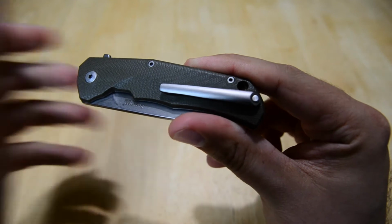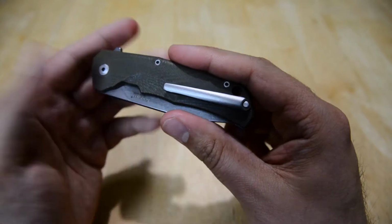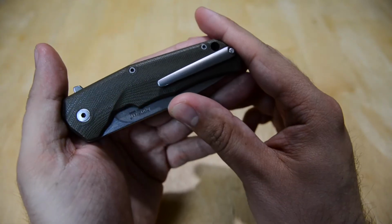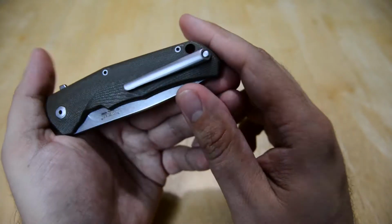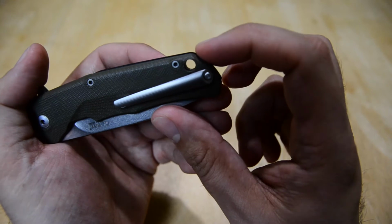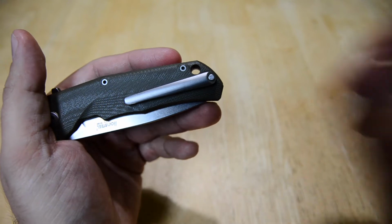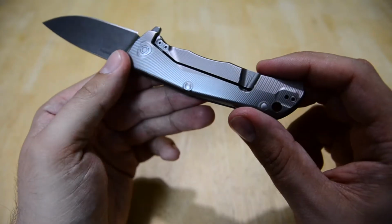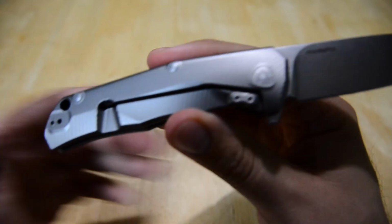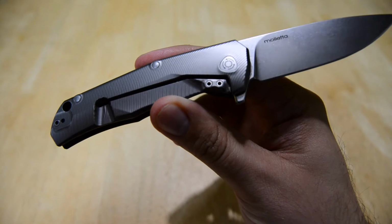But yeah, not only is the texture nice and even on this G10, it's not aggressive, it's nice and smooth. It's just great work that they've done with it. It's very, very attractive, just all the work they did with the milling on it. They also have a lanyard hole if you want to add a lanyard. The pocket clip is titanium. I'll go over a little bit of the pocket clip later because that is also an interesting feature of this knife. So titanium frame lock, and the milling work carries over to the titanium frame lock,